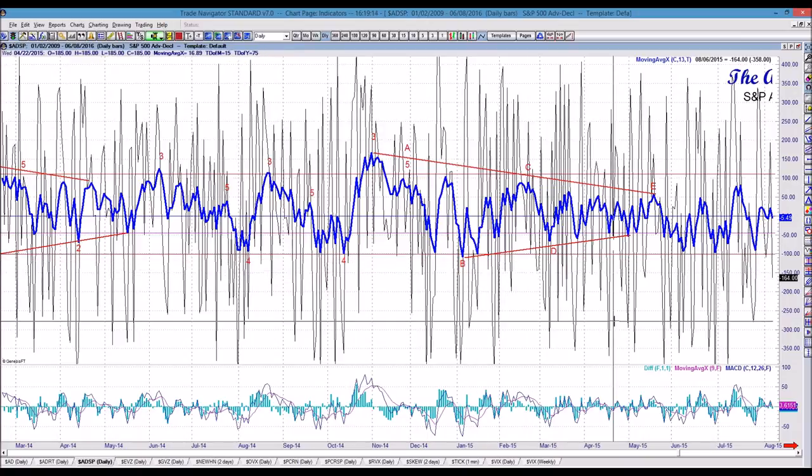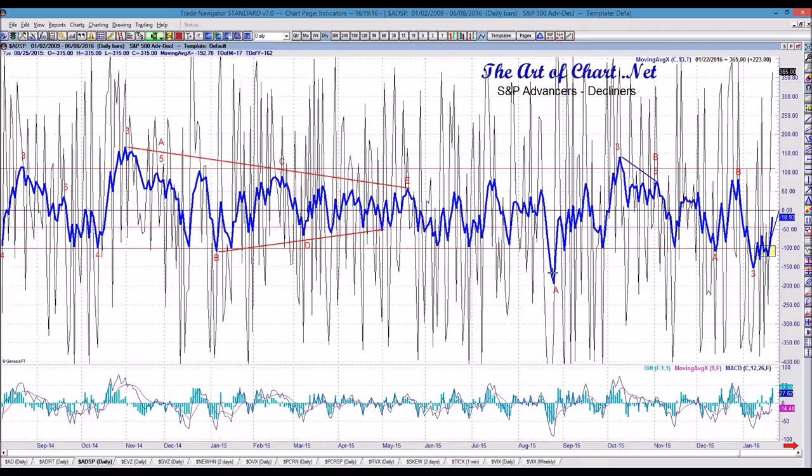And by the way, on this red line we hit an extreme. Remember the limit down day? Look at what happened here. I want to tell you something: I have never seen that before. And I traded the market in '07, '08, '09. I was trading back then, and this did not happen then.